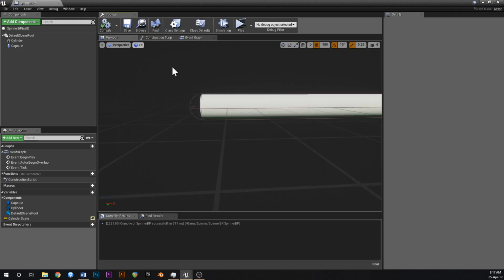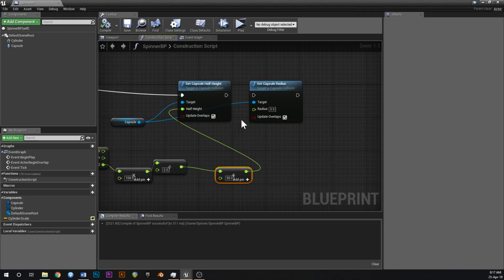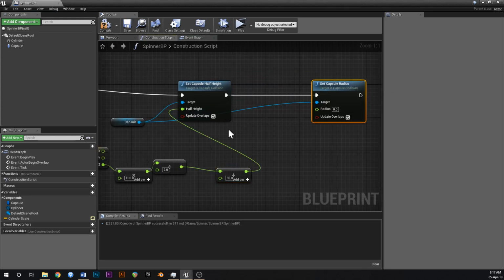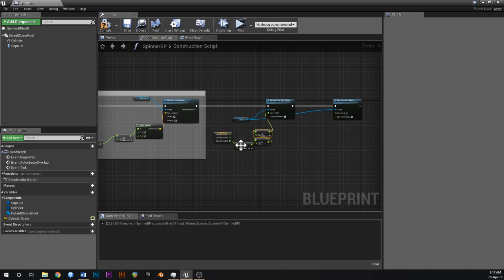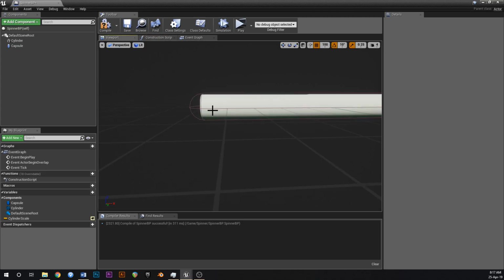And then compile. Alright, so now it's going over the edges. Beautiful. So we've got that. Now we just need to set the radius. So I guess the radius would just be the same thing. It'll be whatever the radius is of the